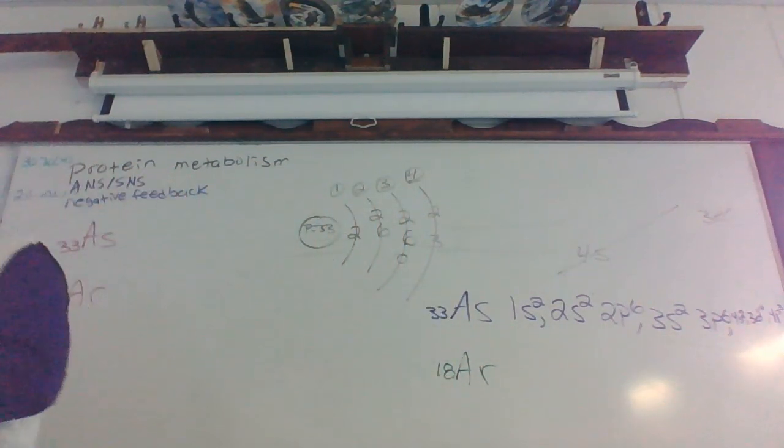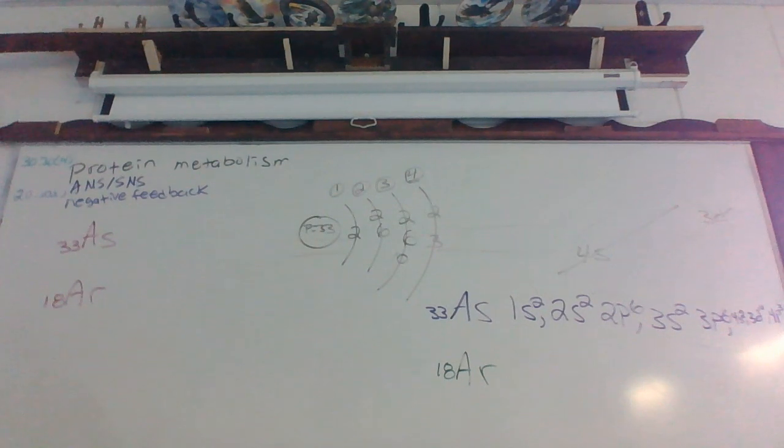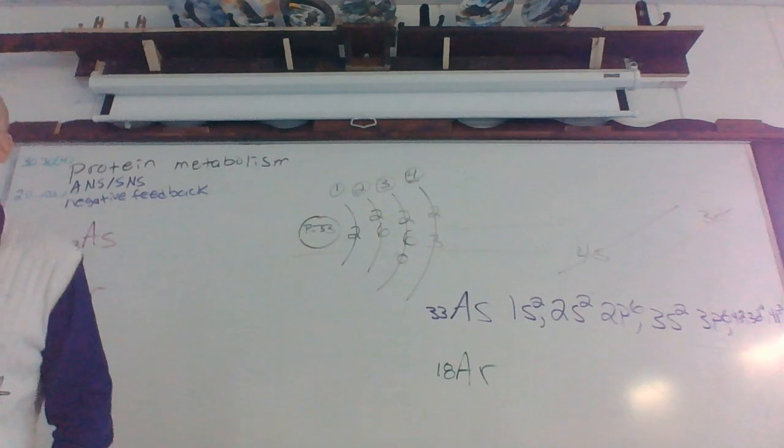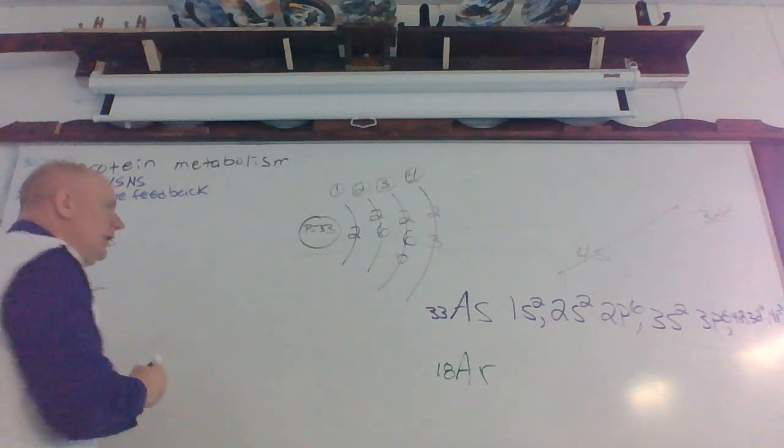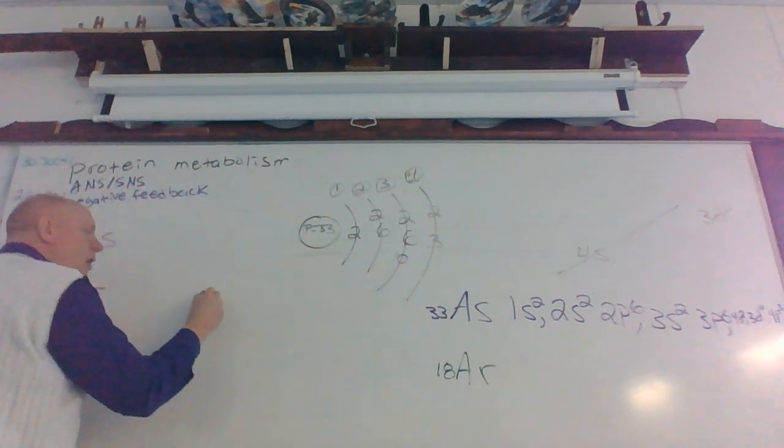One of the things that we can predict with this, what's going to be true about the outer energy level? It's going to be full because argon is in which column? Column 8, and the reason for that is, so if we were to do the Bohr model